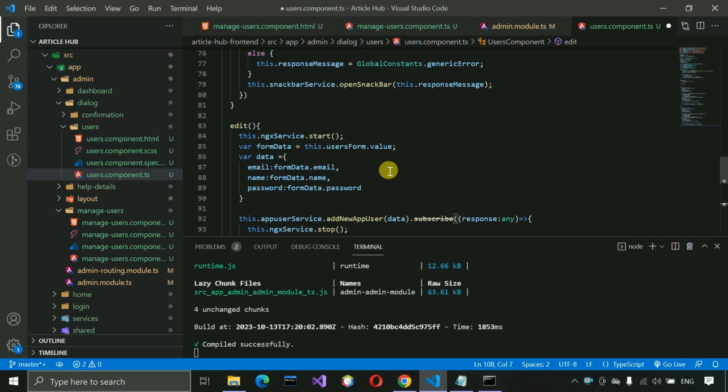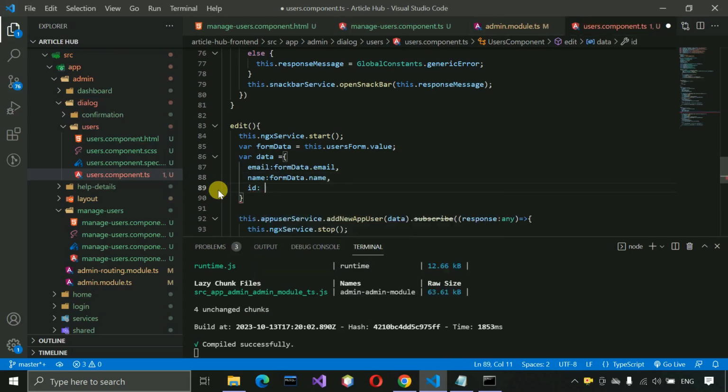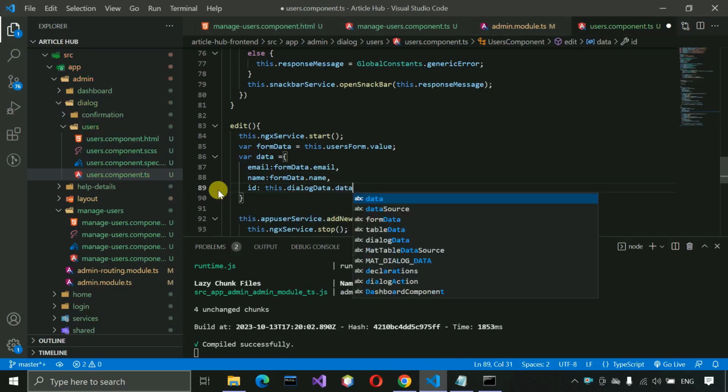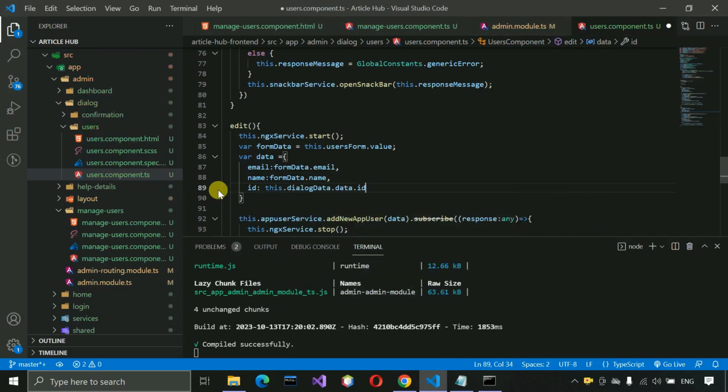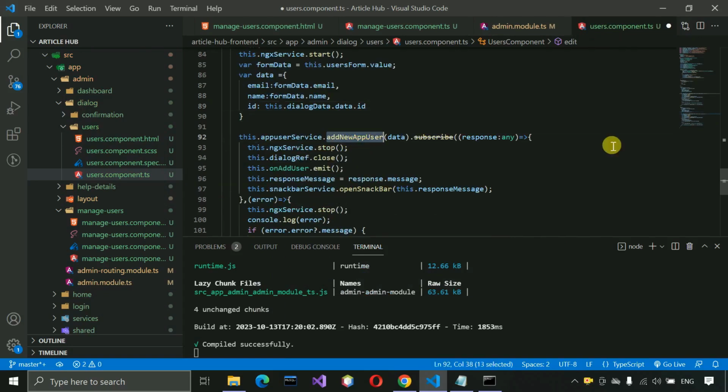First thing is we are not passing the password, so just delete this one, and then we need to pass the ID, so id: this.dialogData, and inside data we are going to get the ID, so we just need to pass like this. And after that, here we need to change which method, so updateUser we need to call, and here the type of emit we are going to do also needs to be changed. So onEditUser we are going to emit this one,